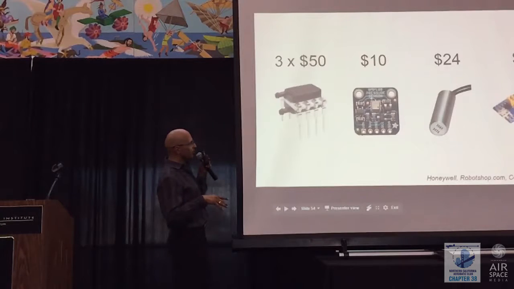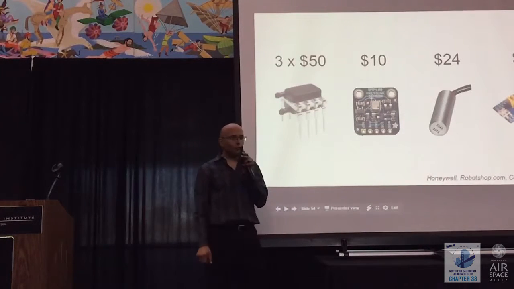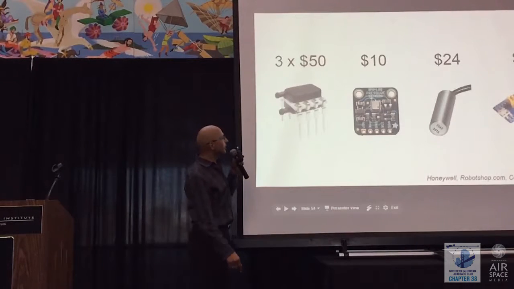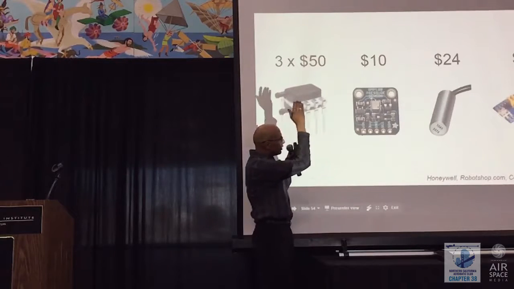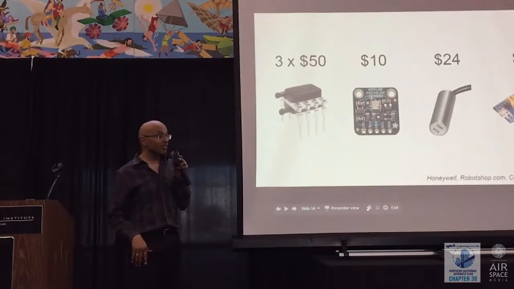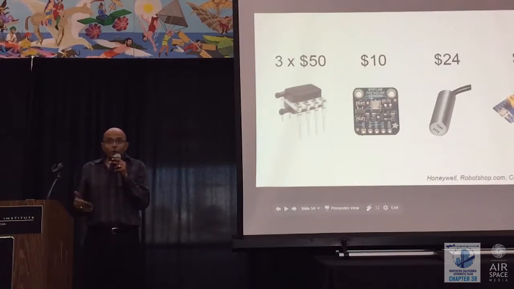They're about $50 a piece, so anything from $40 to $60. And we're going to need 3 of them. For measuring barometric pressure, it turns out you only need to spend $10. This is so common that they're just these parts that are just laying out there. Temperature probes are about $25, and a little computer to take all of that and send it over to a smartphone, literally $5. So we think we can build this pretty cheaply.